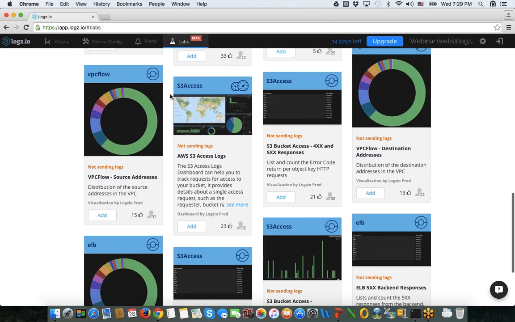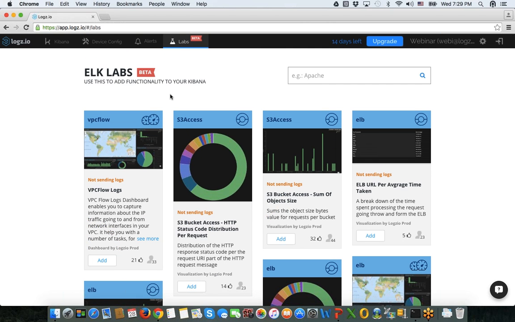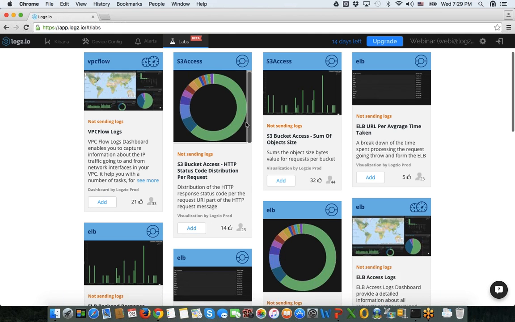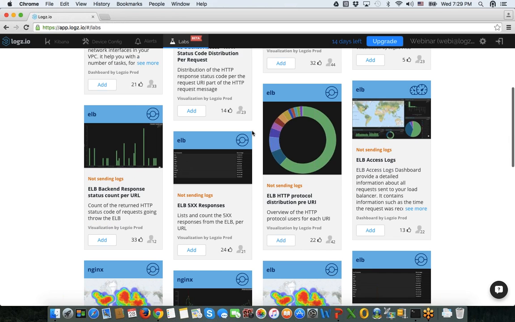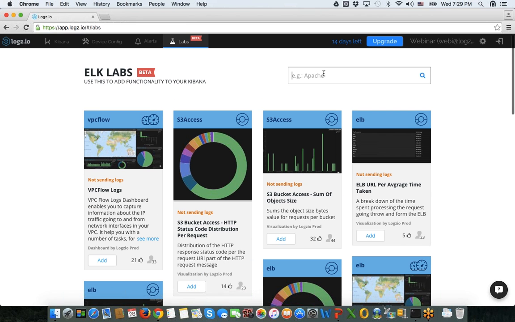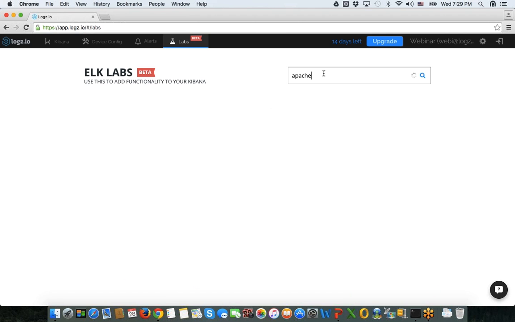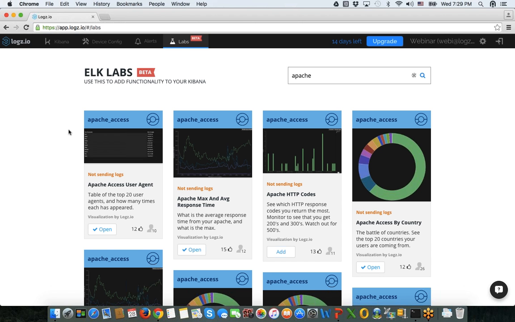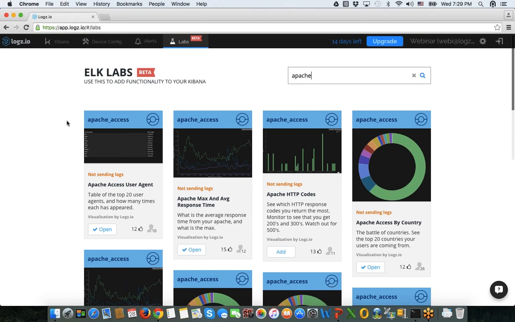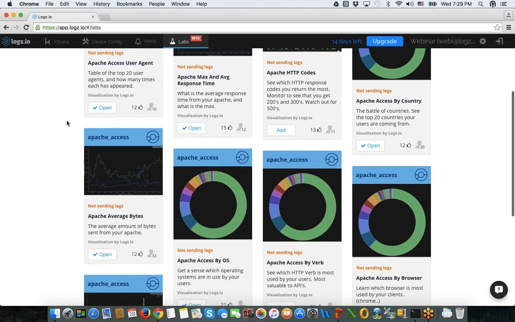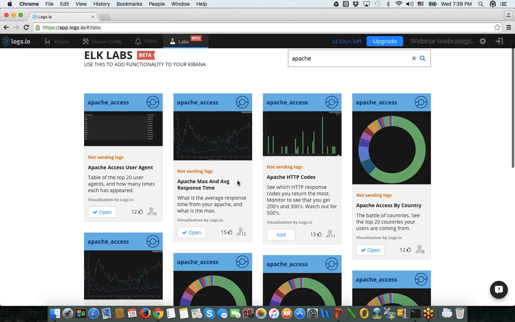Right now, we have almost 100 different applications, and they can be dashboards, like this dashboard for VPC flow of AWS, to S3 access, to different visualizations, to alerts, and to anything I want to do. So in my environment, if I want to search for, let's say, Apache, I can see that all of these visualizations already exist for Apache, and I don't need to go and build them again. If I want to add a visualization to my environment, I can click on the add,